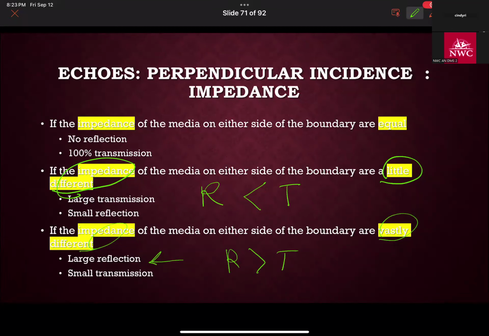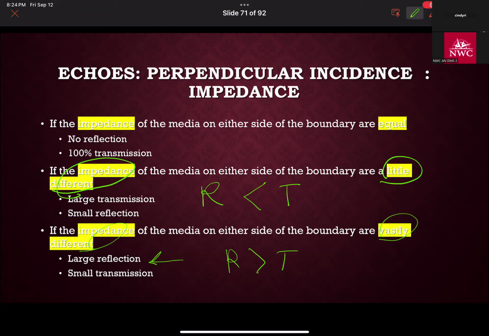And this last scenario is one that is especially important. You have to know what is larger? Is it the reflection or the transmitted? And they don't always call it reflection and transmitted, as you've learned from the lecture, that they also refer to it as the intensity reflection coefficient or the intensity transmitted coefficient, so ITC or IRC. Instead of just saying transmission or reflection, they might just make it a little bit more fancy on you, and that's okay. And so it has to do with tissue impedance, and you have to know all three scenarios,